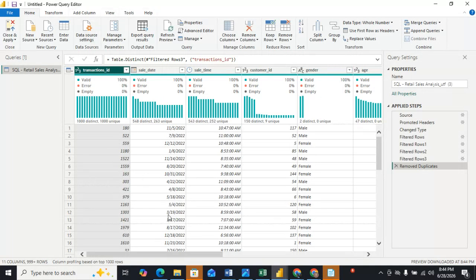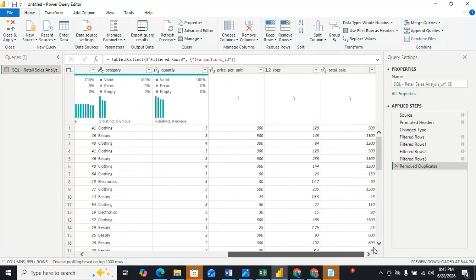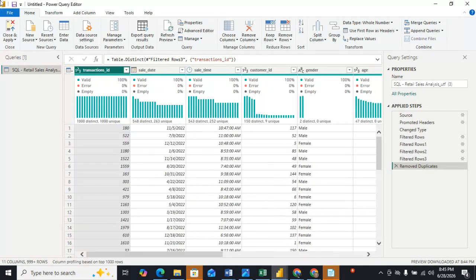Now here no need to remove sale time, customer ID, gender, okay, category. Okay, this is done. Next what we do, after removing the duplicates, what we do next,